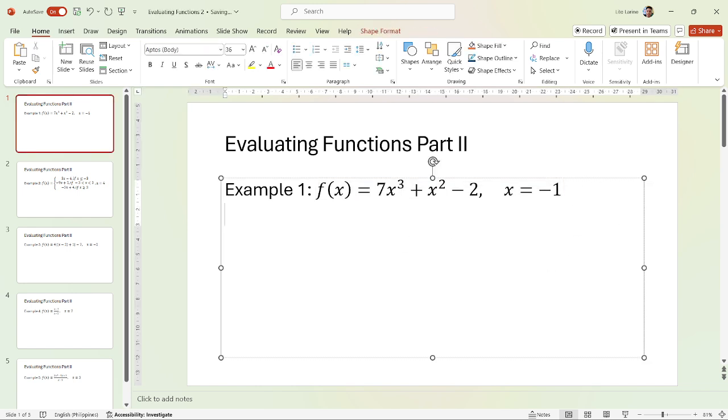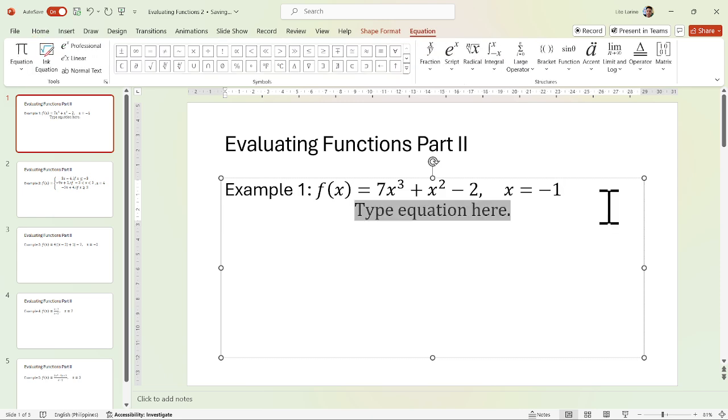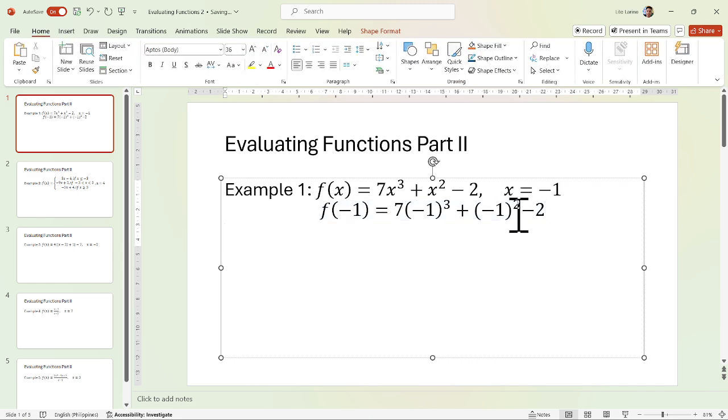Let's do this. Again, f of -1 equals 7. Substituting -1 as the value of x here, we have (-1) cubed plus (-1) squared. So it would be better if we enclose this in the parentheses, and minus 2. And that is equal to